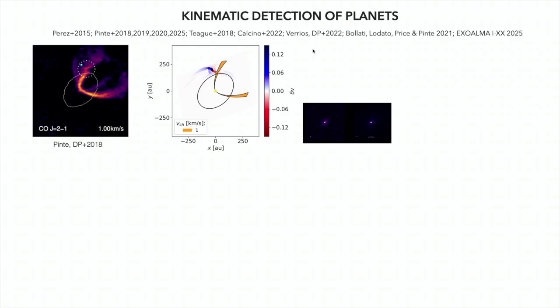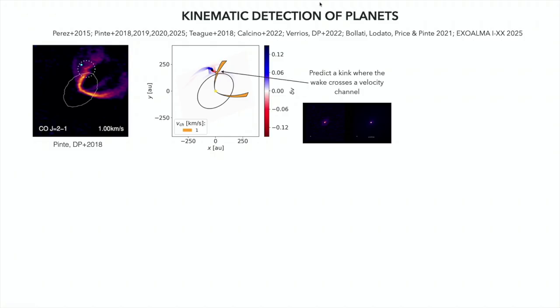Basically we didn't really know what we were doing at the time, but now we do. This thing is where the wake from a planet, or something else causing spiral arms, crosses the channel. It doesn't exactly have to be a planet, but I'll show you that this works. You have a velocity perturbation, so you locally push the material into a different emitting channel, and that gives you this kind of ka-chunk in the channel map of the CO emission.